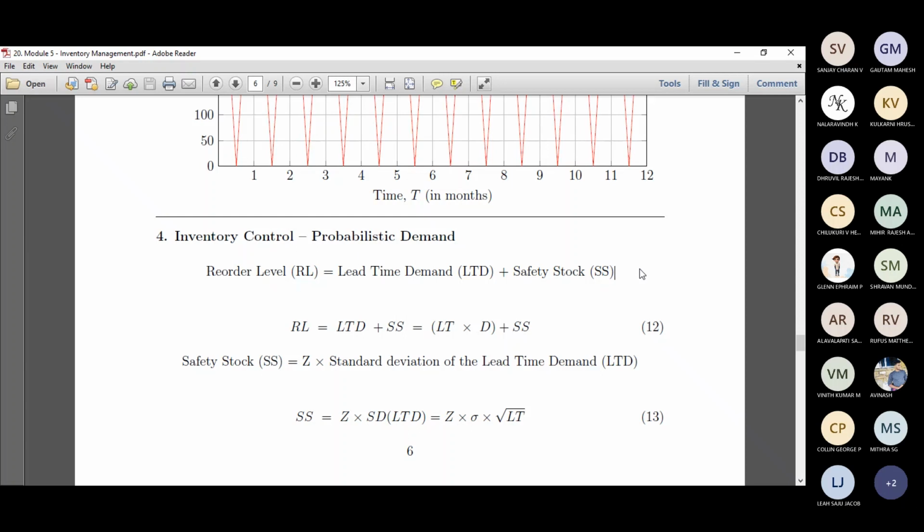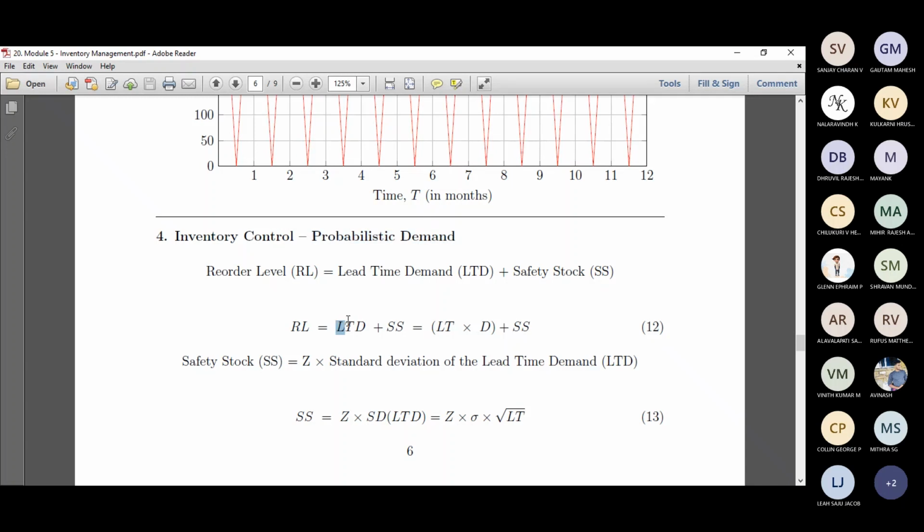In the critical path method, we also have that as the built-in contingency, or a float time, right? So something like that. So the reorder level here is for a probabilistic demand. Remember, we'll mention the probabilistic demand explicitly in the question paper when we need to work on probabilistic demand. Otherwise, it's deterministic. I repeat, kindly do problems using the deterministic approach if the question does not state probabilistic demand explicitly. Otherwise, it is just deterministic demand.